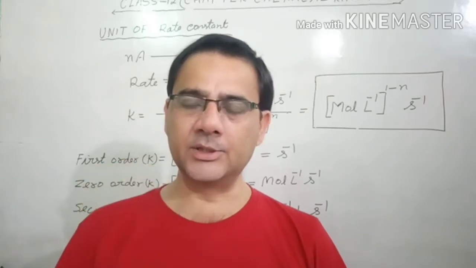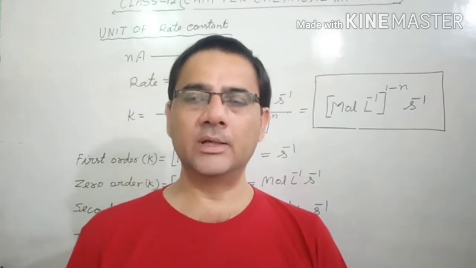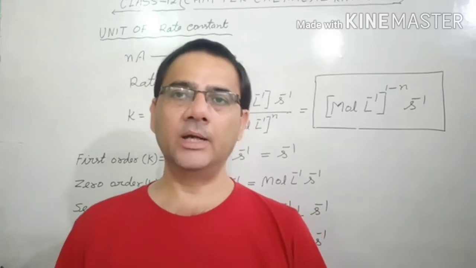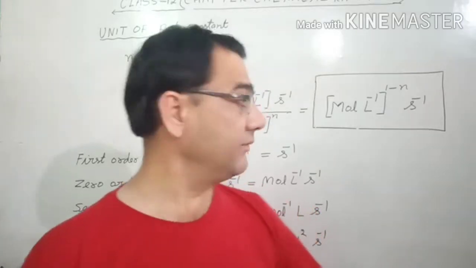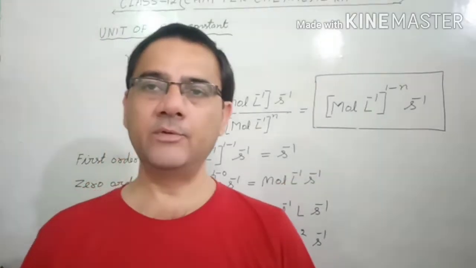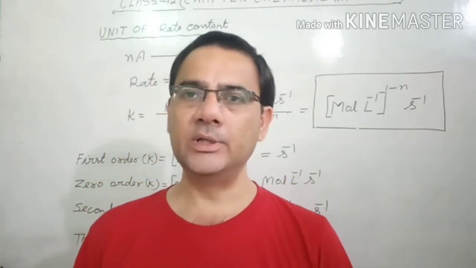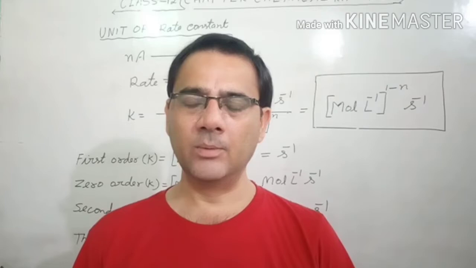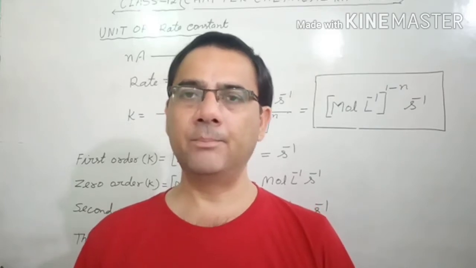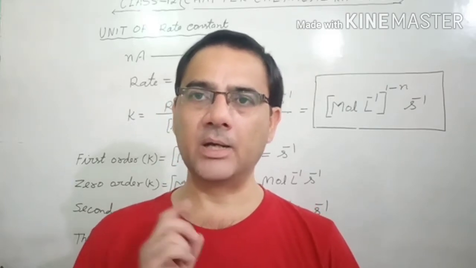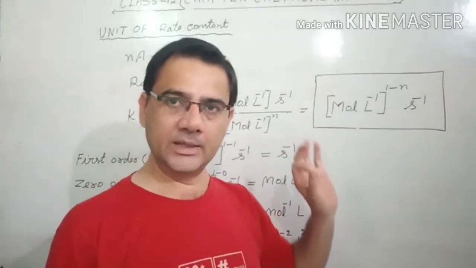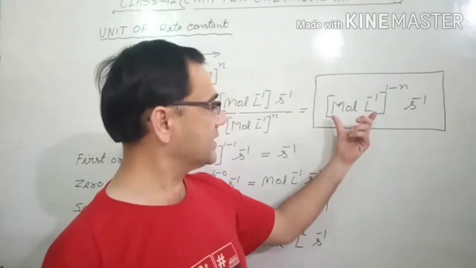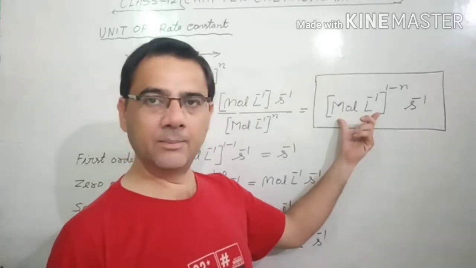In the concentration, when any reaction is going on and the reactants are taken in terms of molar concentration, everywhere we take mole per liter. But if any gaseous reaction is there, there is a little change. In place of mole per liter, we take the pressure of the gases, and that is bar. So this expression will remain the same. If any gaseous equation is there, only in place of mole per liter, we write bar.